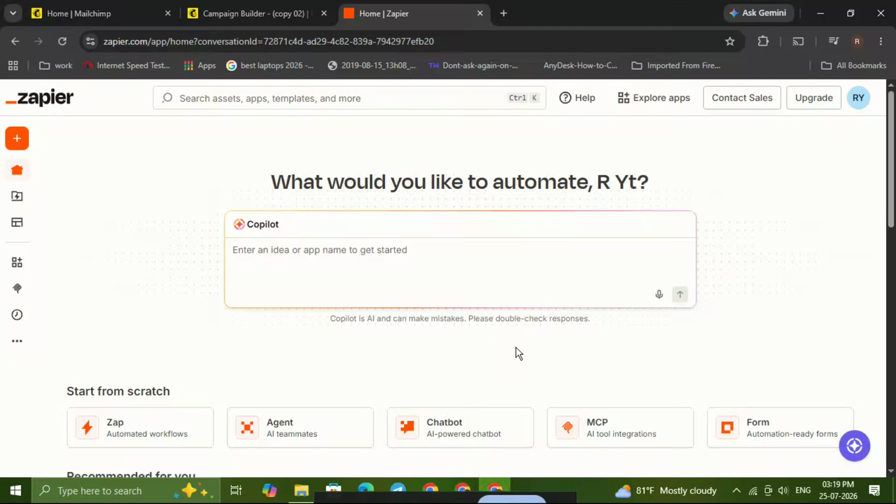If you want to connect Formidable Forms with Mailchimp, this tutorial will walk you through the full setup using Zapier so you can automate new form submissions straight into your email list. This is a great way to save time, grow your audience, and make sure every lead gets added without any